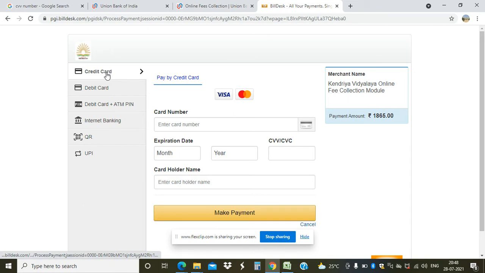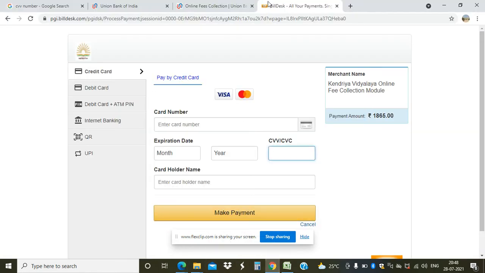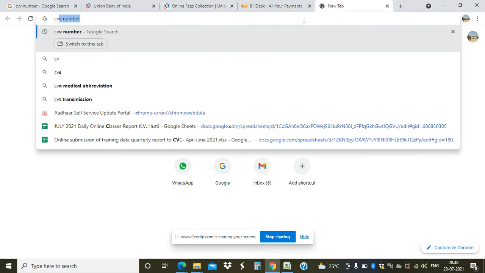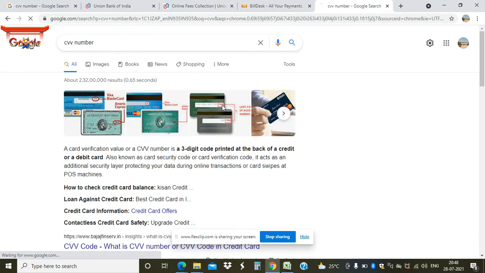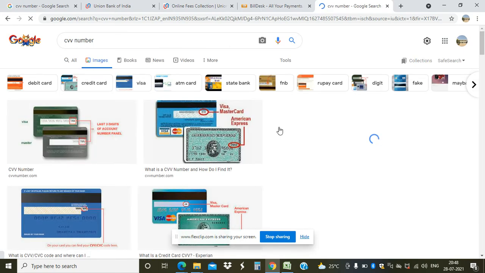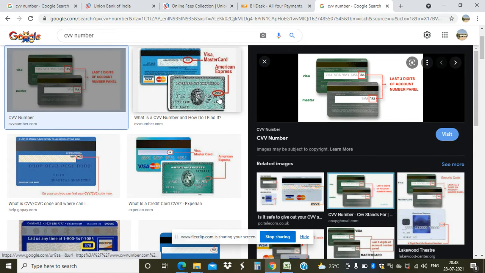First option is credit card. In this option, we just enter the credit card number, write the expiration date, year, and the CVV number. You can find the CVV number at the back of the credit card. It looks like this. This is an ATM credit or debit card.